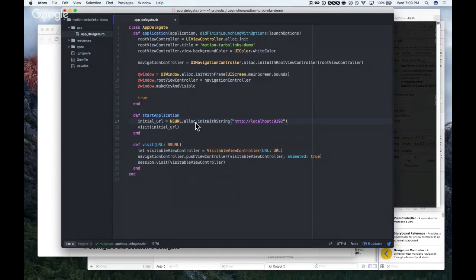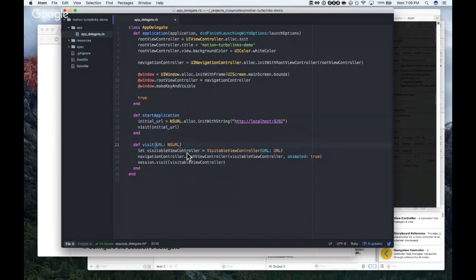But there are other ways of initializing an NSURL object that's a lot simpler than doing it like this. But I'm going to stick with this right now because it's the most direct, and then we can improve it later.